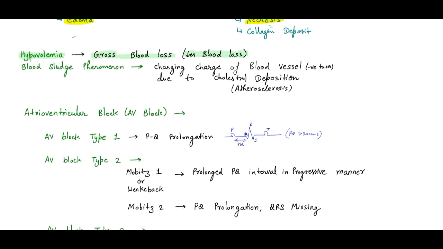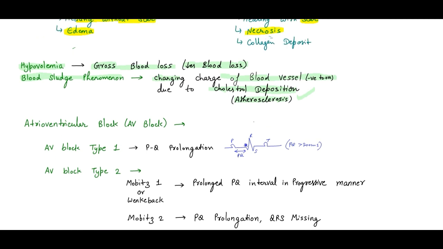Then we have the blood sludge phenomenon. That is the changing of the charge of the blood vessels from negative to positive. Normally the blood vessels have a negative charge, and they change to positive. Why does that happen? Due to cholesterol deposition. And what do we call it? That is atherosclerosis. Okay, so this is part 1, and in the next part we will study atrioventricular blocks